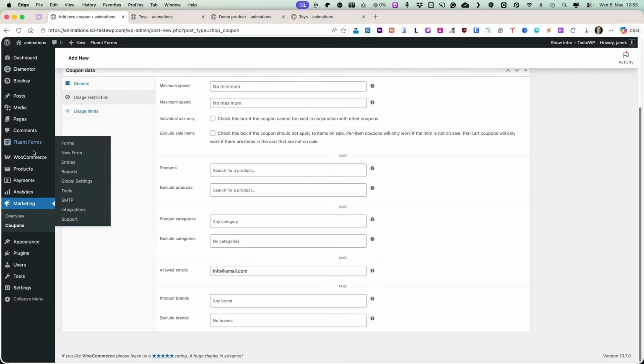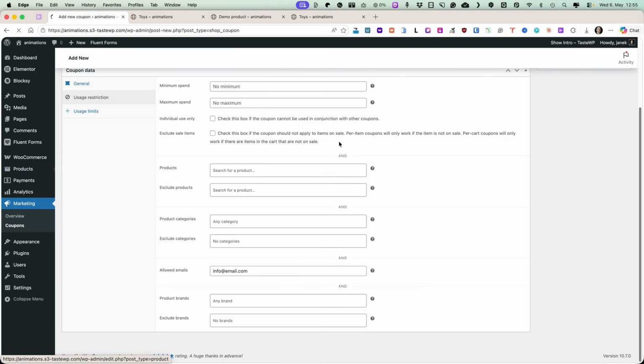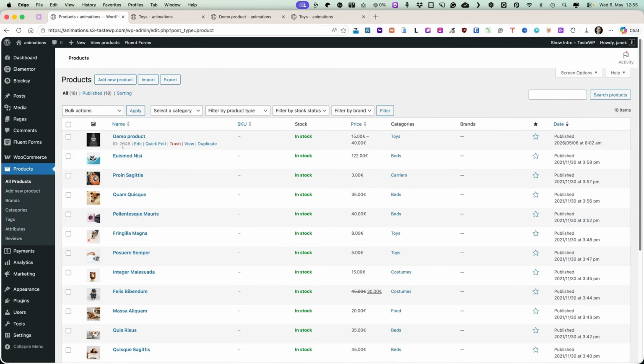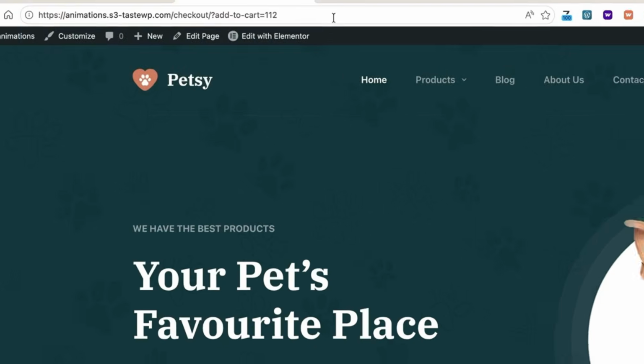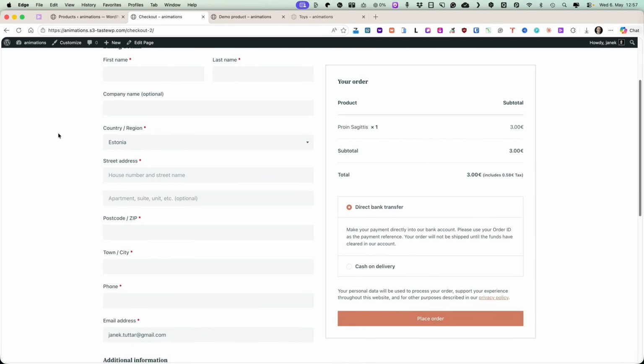Next trick, let's take a look at the products. I'm going to leave this page and you'll see there is an ID shown for every product here. What you can do is take a look at the product ID number. So let's take a look at the ID here. You'll see the ID is 112. Now let's take a look at this link. It's your website URL, and you add checkout, add to cart, and product ID 112. When you send this link to someone and they visit it,